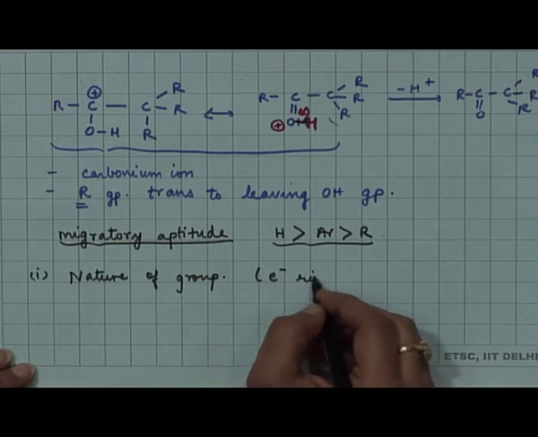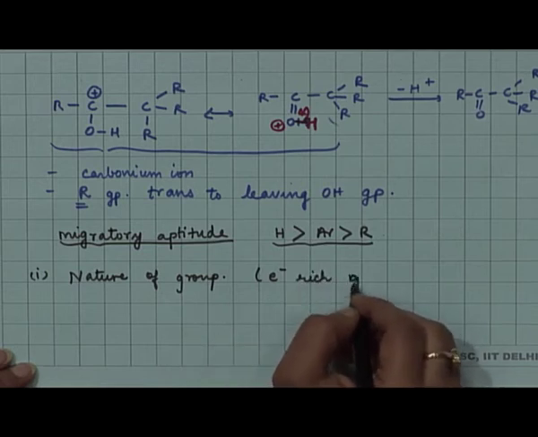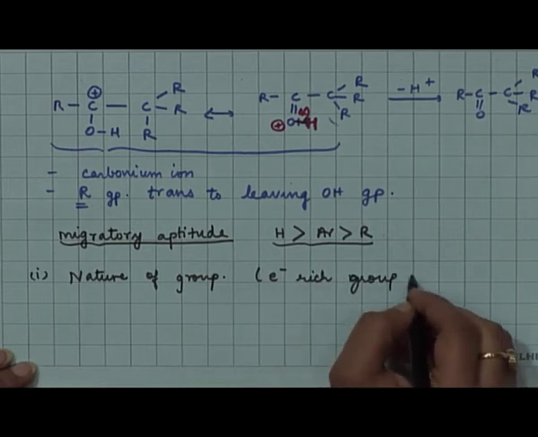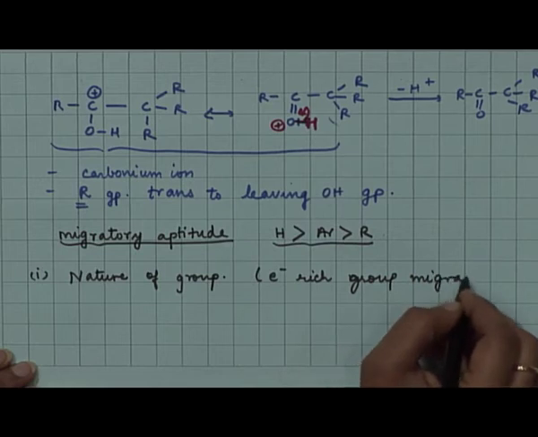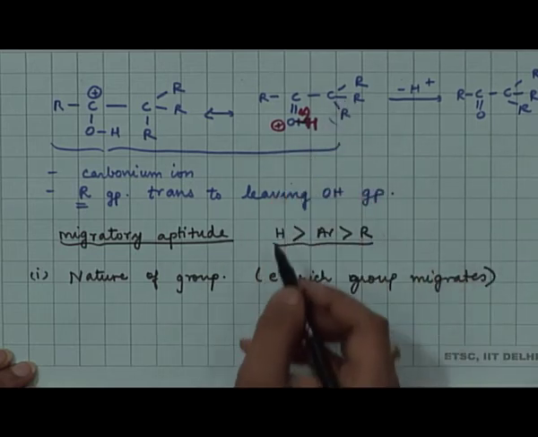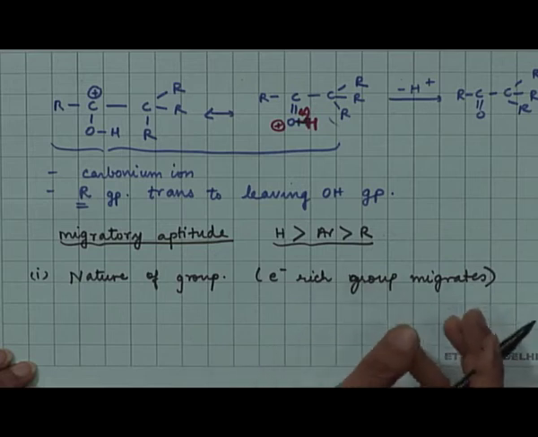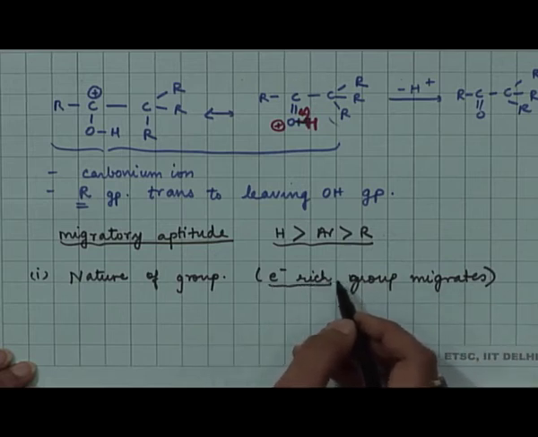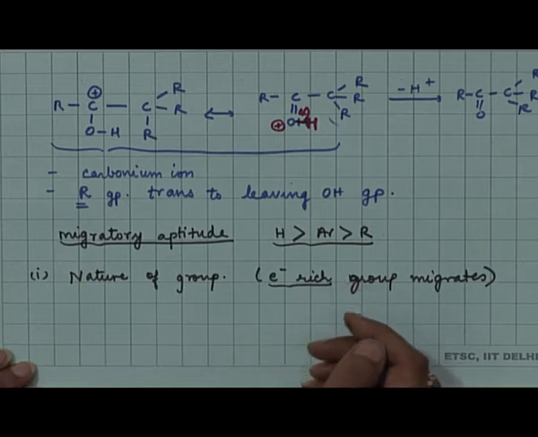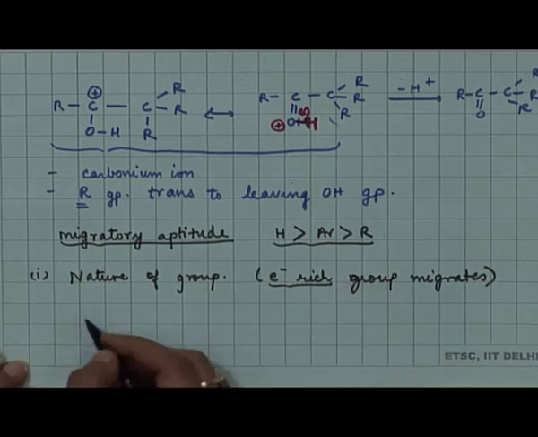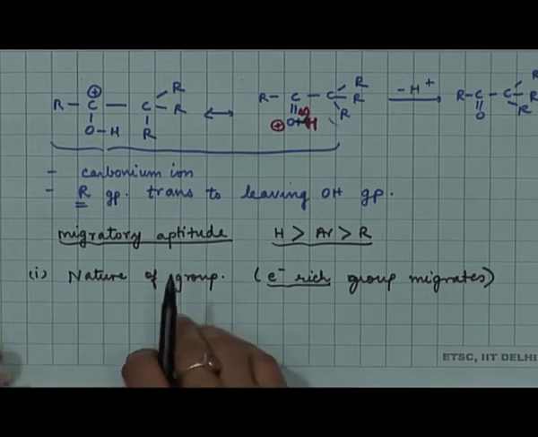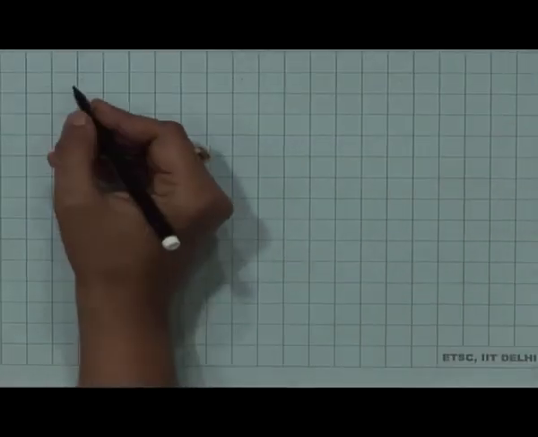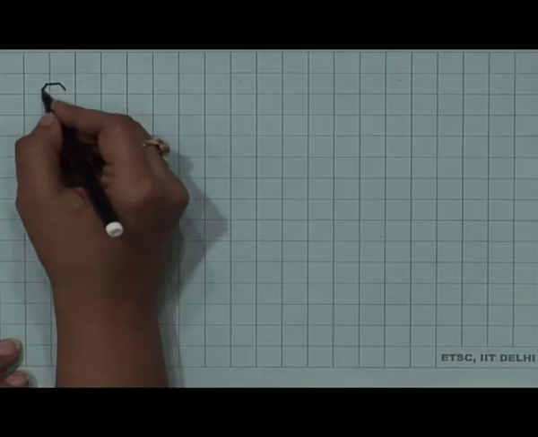Preferentially, the electron rich group migrates. So, the group has to migrate towards a positively charged carbon, right. So, it is an electron deficient site where it is migrating. Therefore, the group has to be electron rich to have an impact in the reaction and for it to migrate. So, for example, this can be illustrated by this, if you have this particular Pinacol,